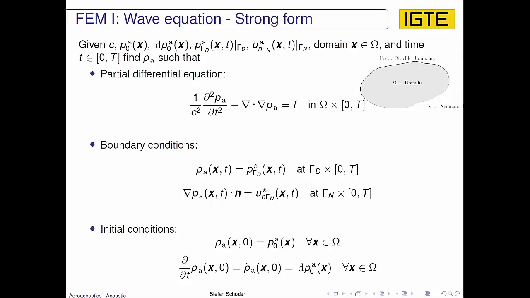This whole set of equations gives us the strong form of the wave equation, which is now used to derive the weak form and the finite element